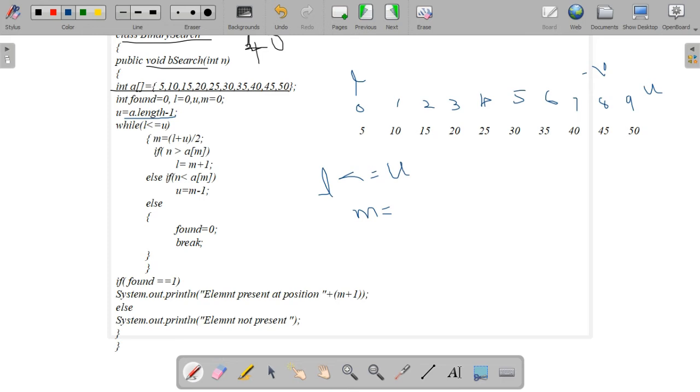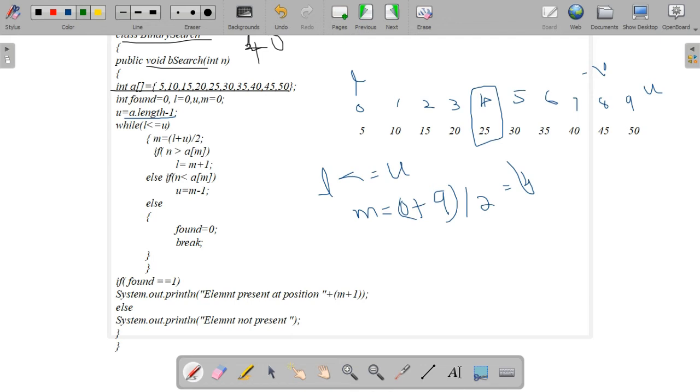So here, the search element is 40. What is the middle element of this array? L plus U, that is 0 plus 9 divided by 2, 9 by 2 equals 4. So 25 is the middle element. Then it will check the condition.